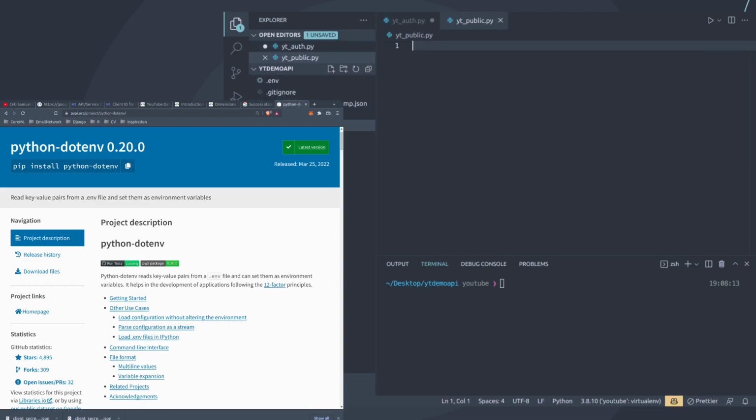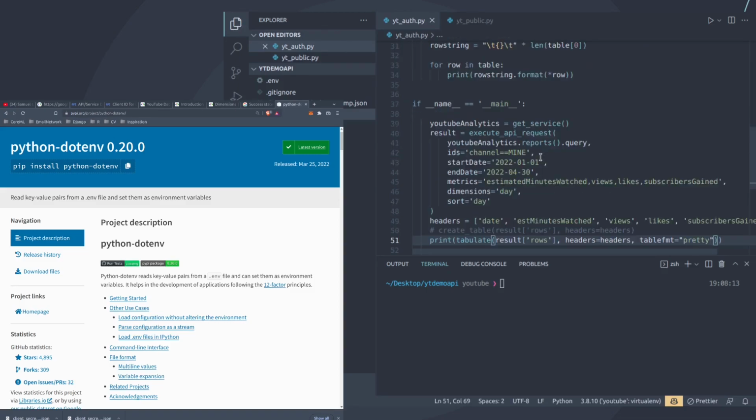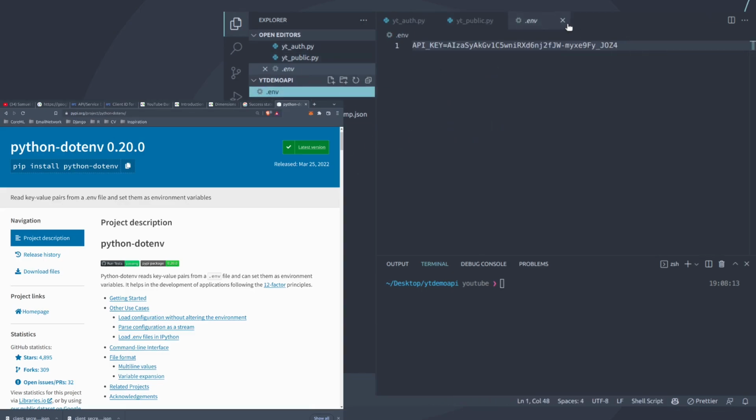So the first one is the authentication flow. This one will not have the authentication flow. It's just gonna have... what did I miss out here? Okay, save this. In the YouTube public, because we're gonna load this value in here, and the way we do